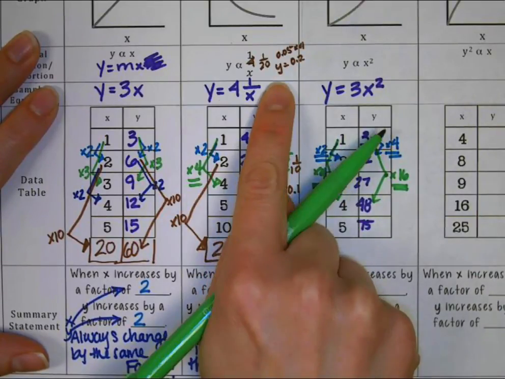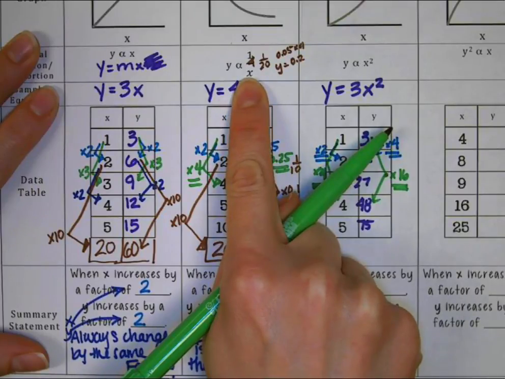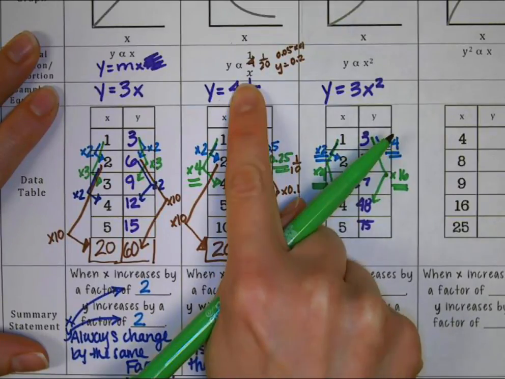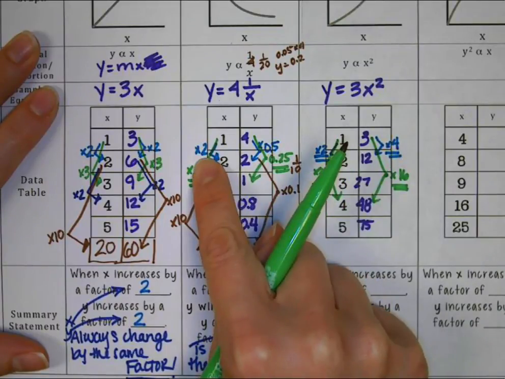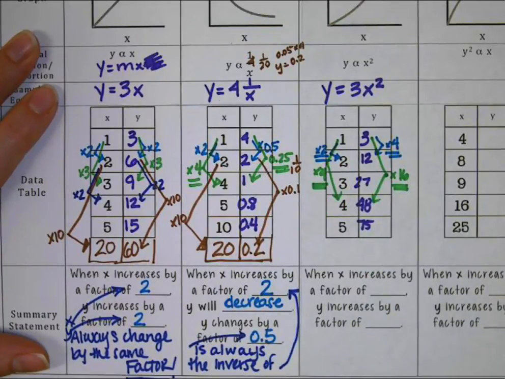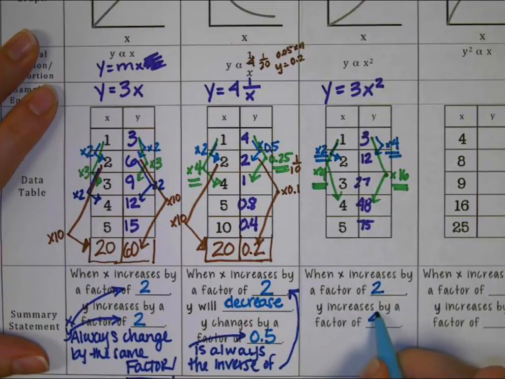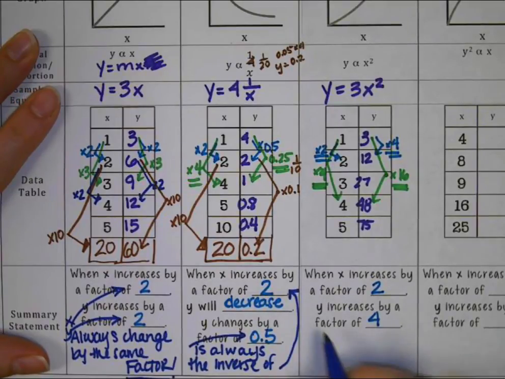If x changes by a factor of 2, our y, take the inverse of that, our y changed by the inverse of that factor, the factor of 2. So down on the bottom when it says, when x increases by a factor of 2, y increases by a factor of 4. So looking at these, y will always change